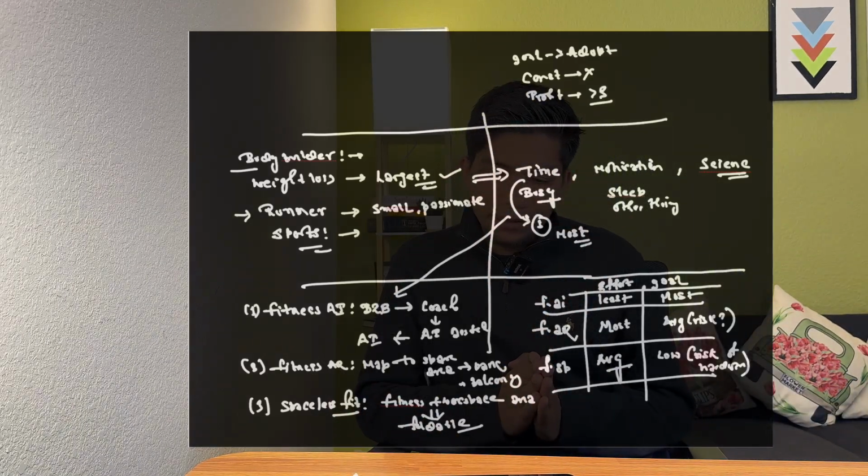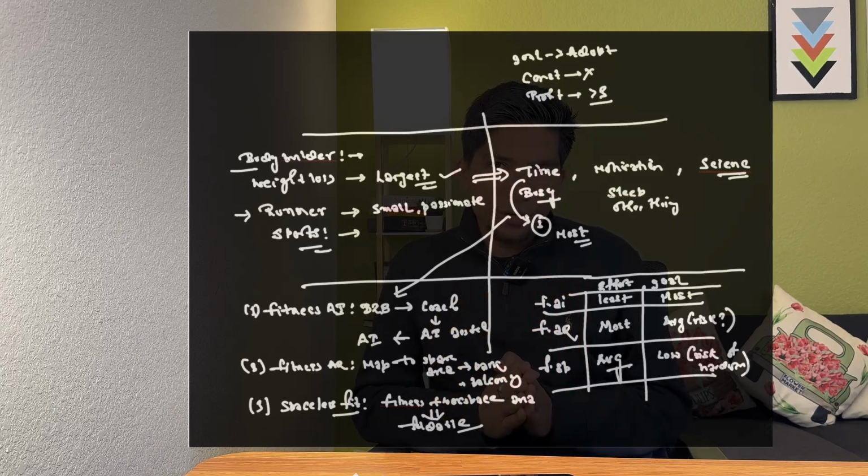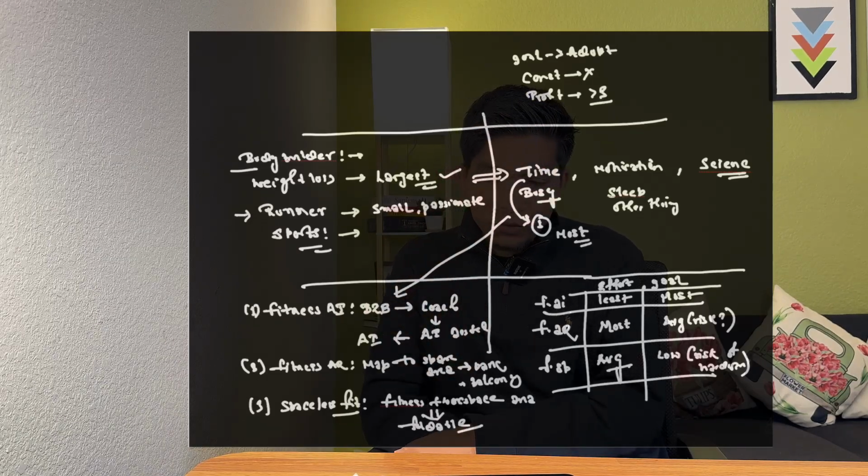Okay, so I use two criteria. The first one is how much work or complexity from an engineering standpoint it is, which is proportional to how much time it will take. And second is whether it helps us move toward our goal of adoption. So the first one is the fitness.ai.